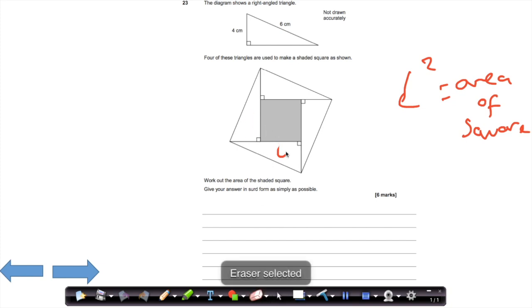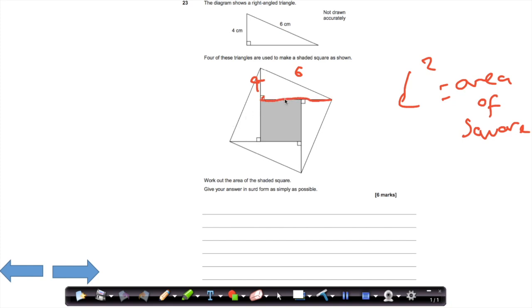Well, to work out the area of a square, what we need is the length, and we multiply it by the other length. Okay, square, we know all sides are the same length, so if you've got one of the sides, you can just square it, and that's the area of a square. Sounds a lot easier than it actually is for this. We know that this length here, if we look at this example, is 6. We know that this length here is 4, but we don't know